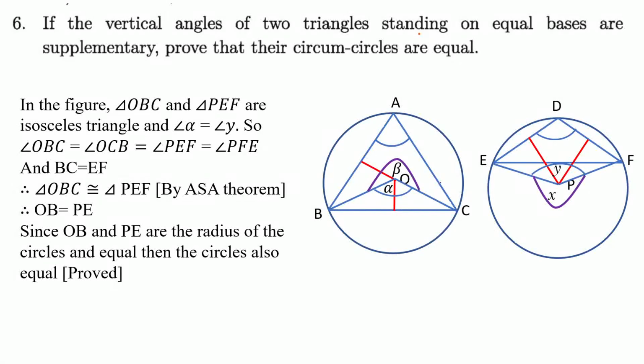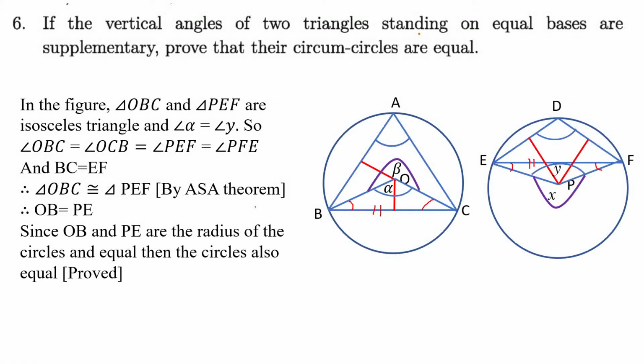These two triangles are equiangular. So all angles are equal, and given BC equal to EF. So another condition, BC equal to EF. All angles are equal. This equals this, and this equals this, and BC equals EF. So these two triangles are congruent